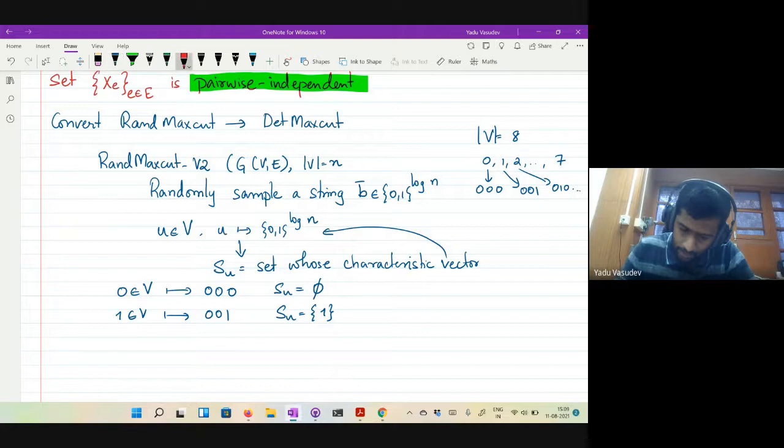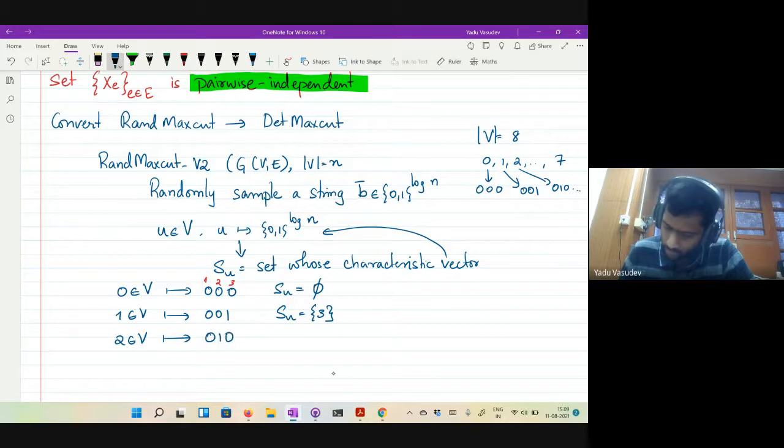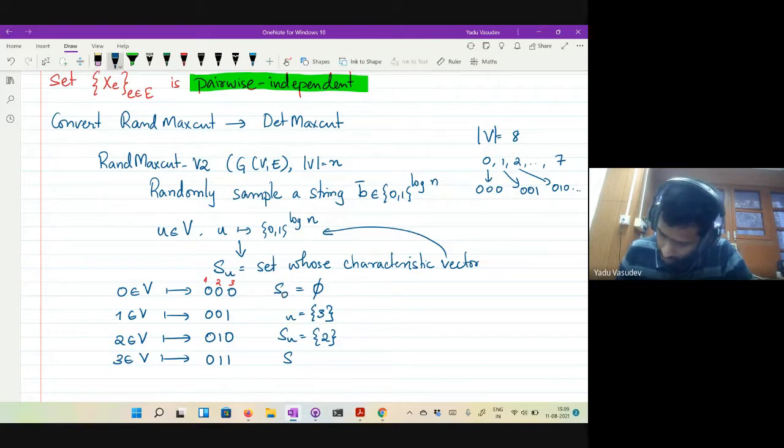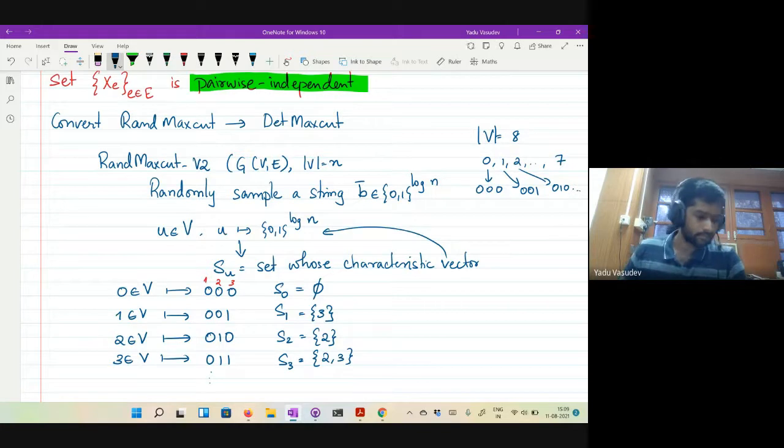I'll number the positions 1, 2, 3. 2 corresponds to the string 0, 1, 0, and S sub U is the set 2. 3 is the string 0, 1, 1, and S3 is the set 2, 3, and so on. So I can define these sets corresponding to every vertex.